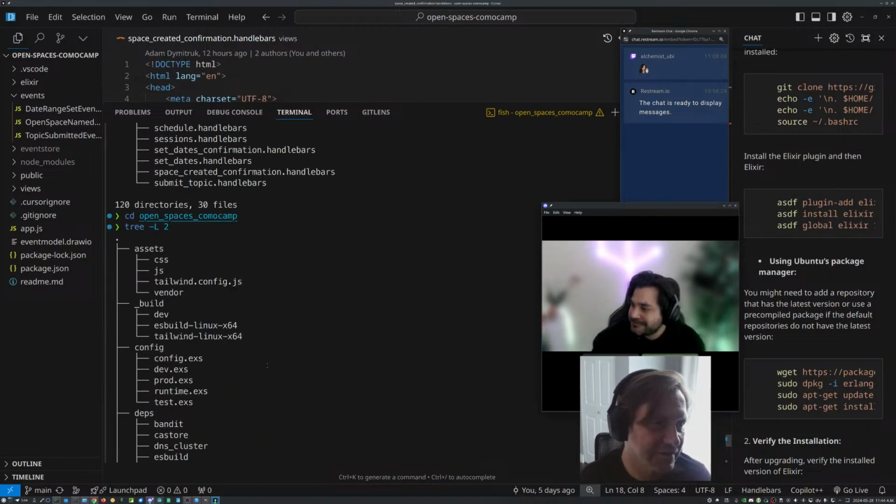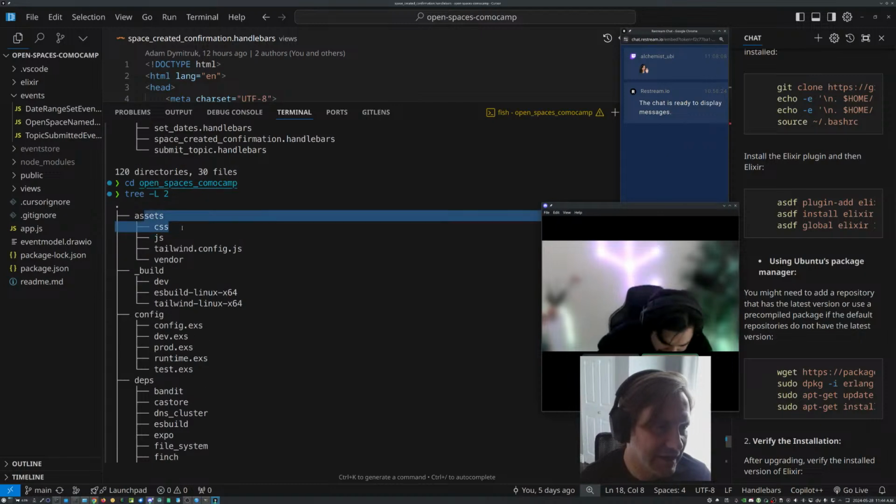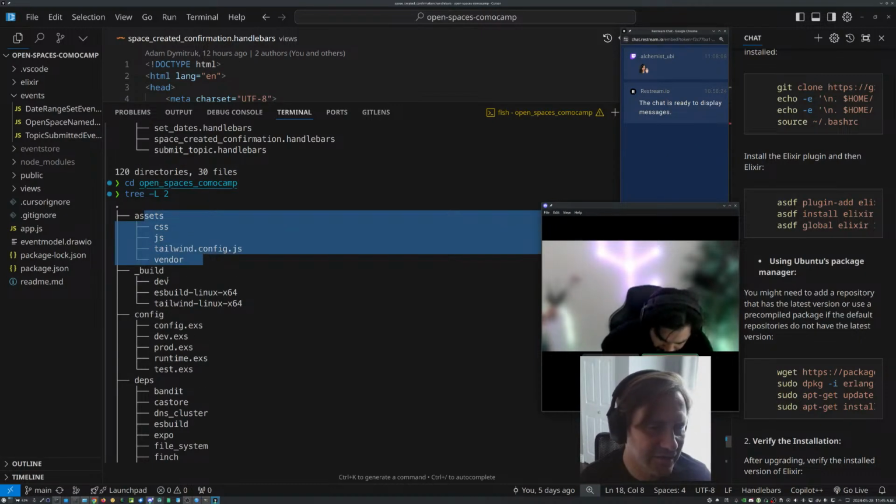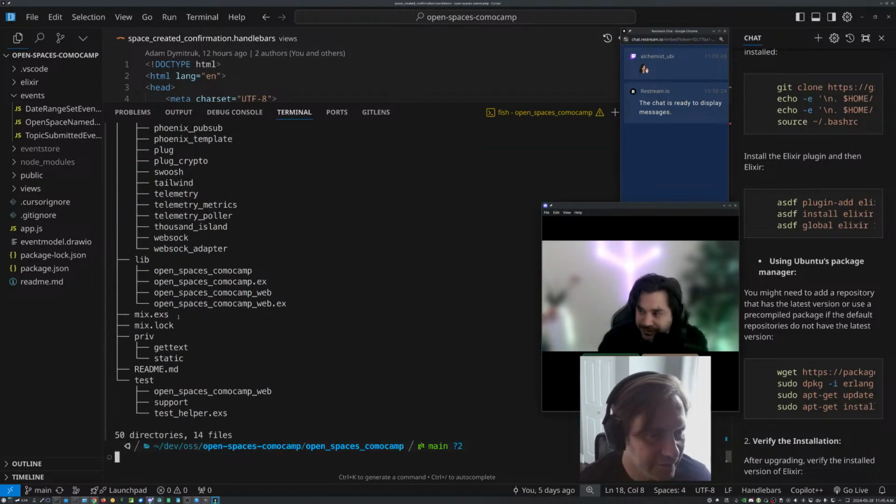Okay, this is what I'm trying to do. So it's got assets. It's got Tailwind. Yuck. Does it have to use Tailwind? No, you don't have to. There was a flag there to say no Tailwind. Okay, so we have to do this again, right? So I can just rm -rf this thing, right?